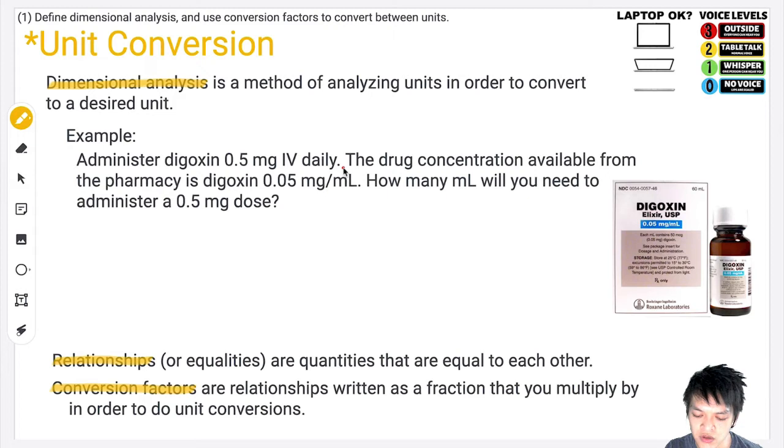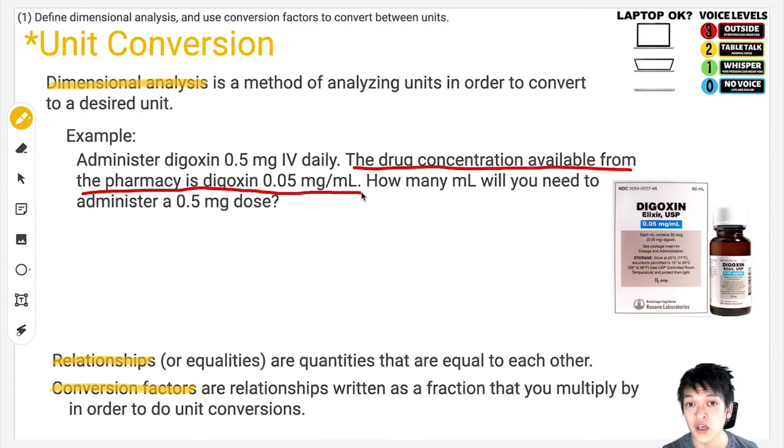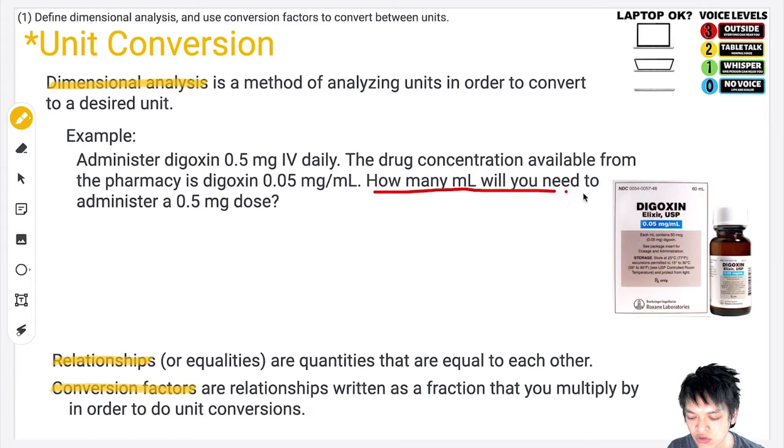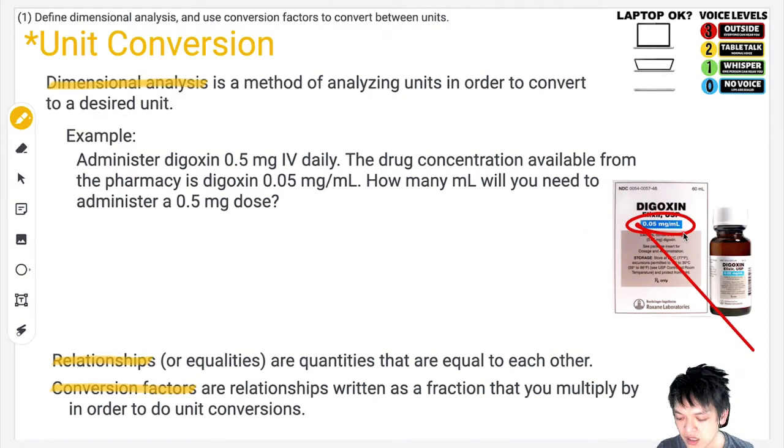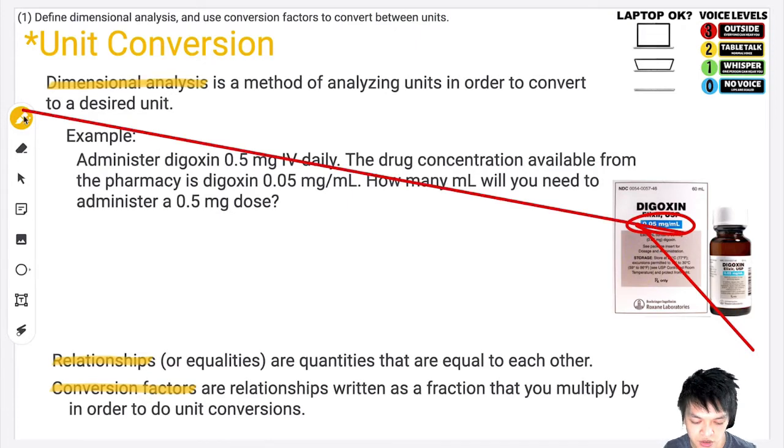So what do you do? Well, you check the pharmacy. Now the drug concentration available from the pharmacy is digoxin 0.05 milligrams per milliliter. The question is, how many milliliters will you need to administer a 0.5 milligram dose? Okay, so this is what the actual drug looks like, and again, it's 0.05 milligrams per milliliter. How do you solve this problem? Okay, well, what you're going to need to do